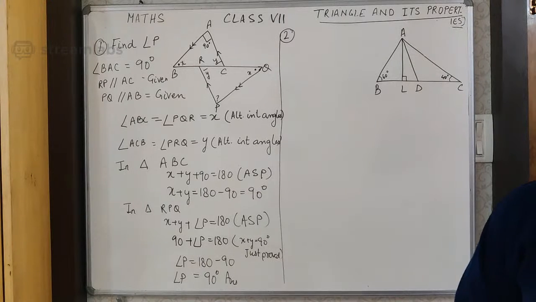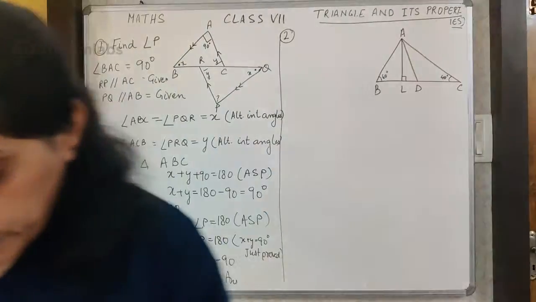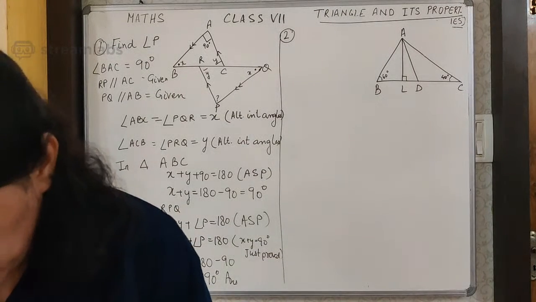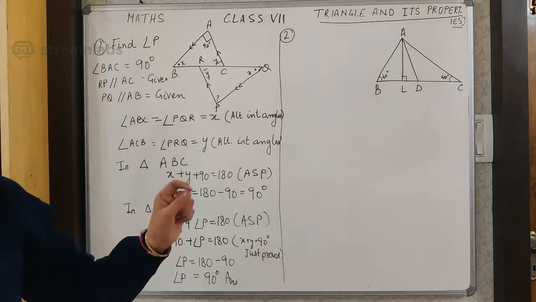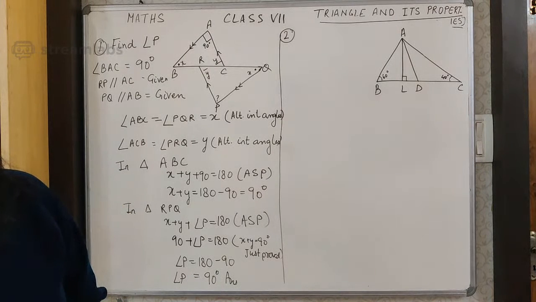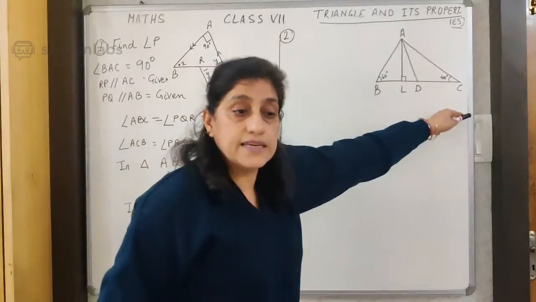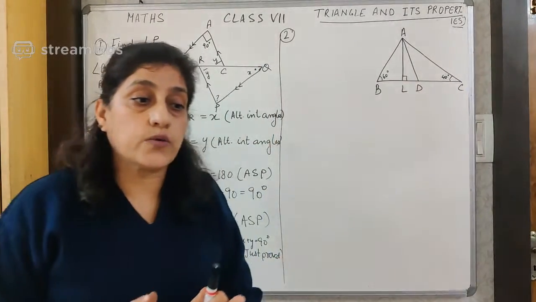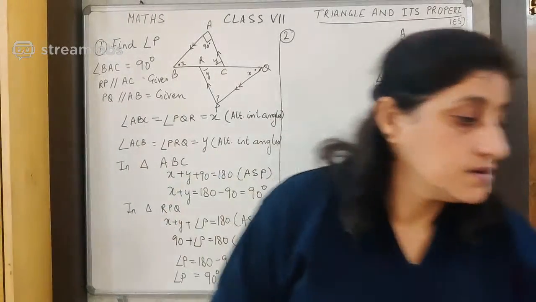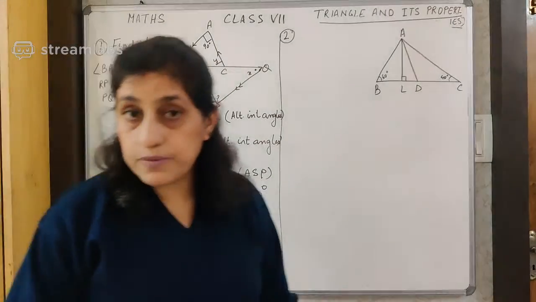And the next question, figure is already there. Let me see what the question is. The question is, in triangle ABC, you can see the triangle ABC. First, we understand the question, all right? So, the question is, in triangle ABC,